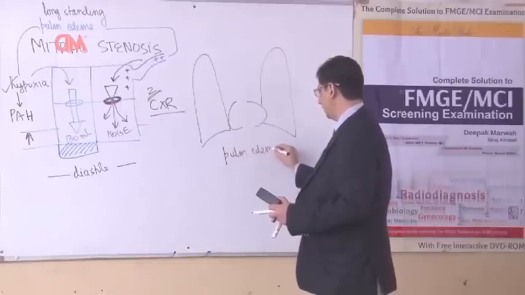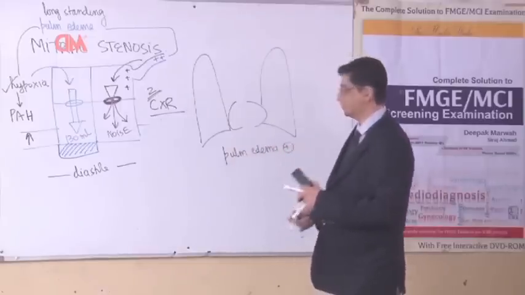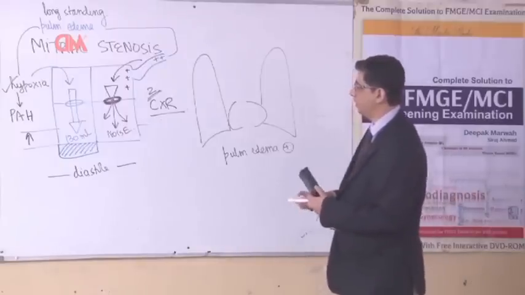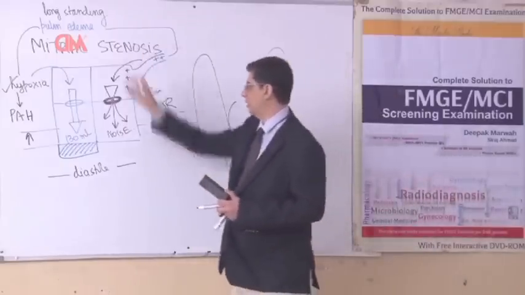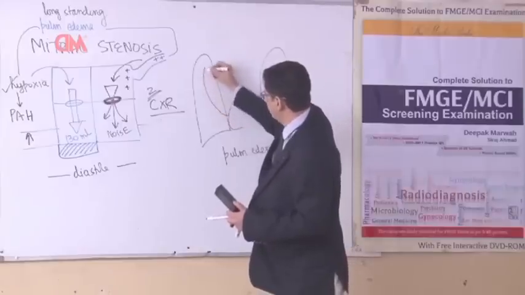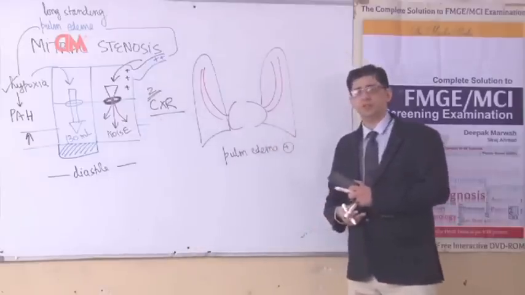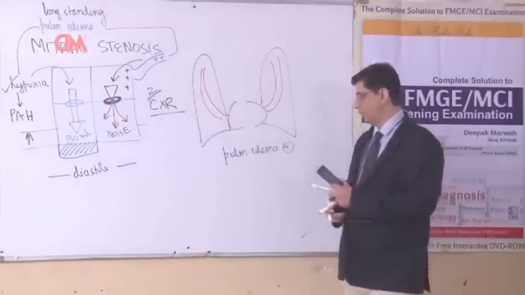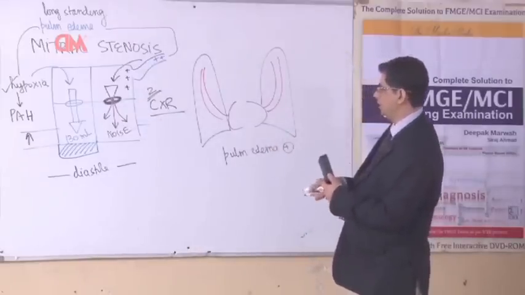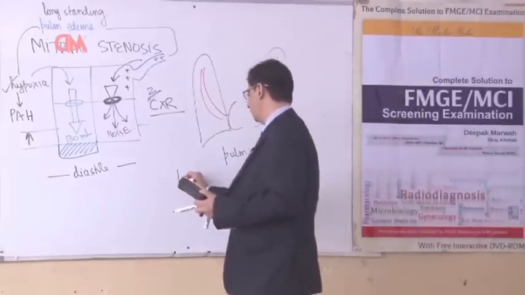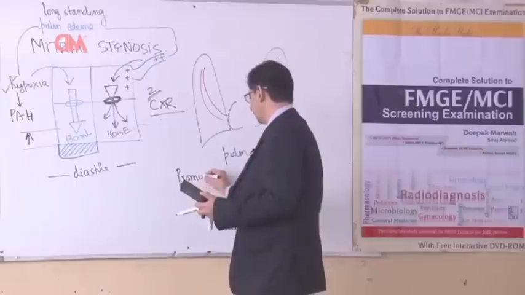Now, how do you know pulmonary edema, or what are the questions asked in the exam like? One could be, what is the earliest radiological finding of pulmonary edema? Because there is going to be congestion in the lungs of the patient, when you see the X-ray of the patient, you will be able to see congested pulmonary veins. Therefore, MCQ wise, if they ask you what is the earliest radiological finding of pulmonary edema, your primary answer will be prominent upper lobe veins.